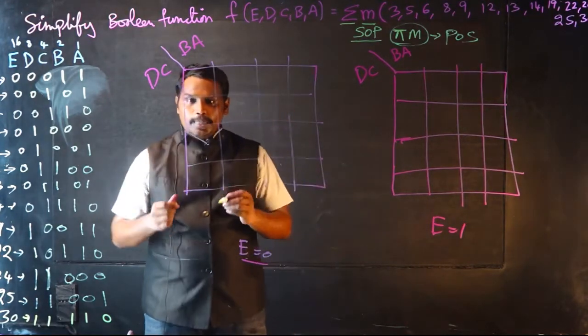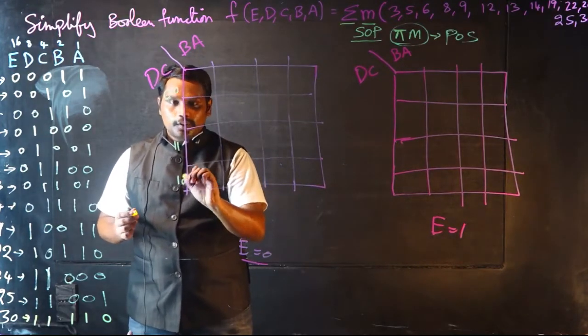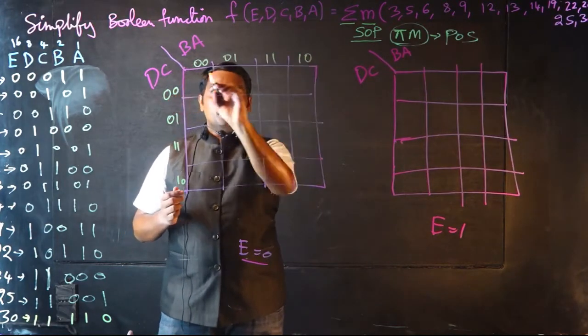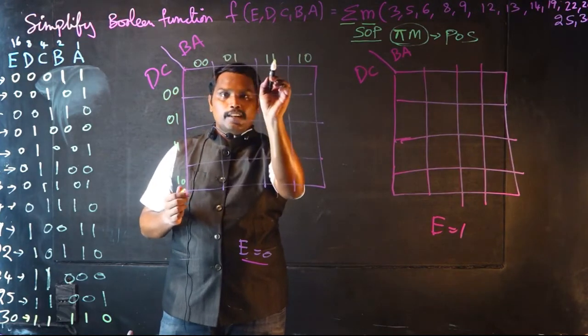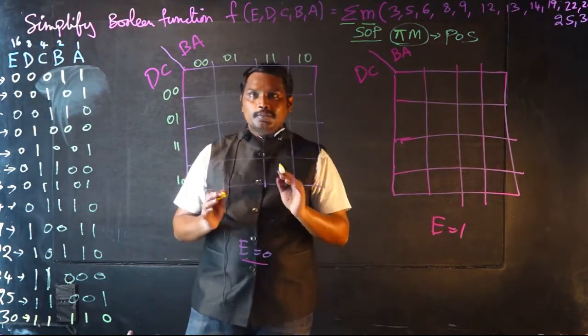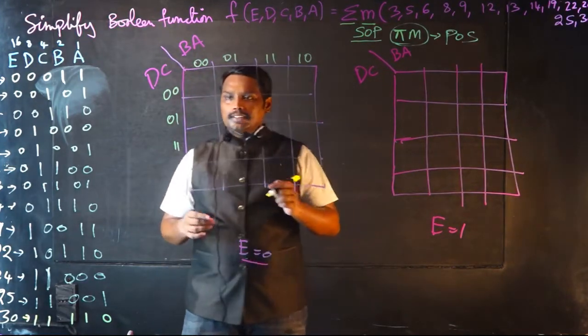So here you can see that this is 0 0, 0 1, 1 1, 1 0. As I told you, we are following the gray code sequence because there should be only one bit change. So 0 0 to 0 1, then 0 1 to 1 1: the second bit is the same, but the first bit has changed. In the same way, the second bit is changed. So only one bit position has to change. That is how a gray code sequence works, which is also called a unit step sequence.